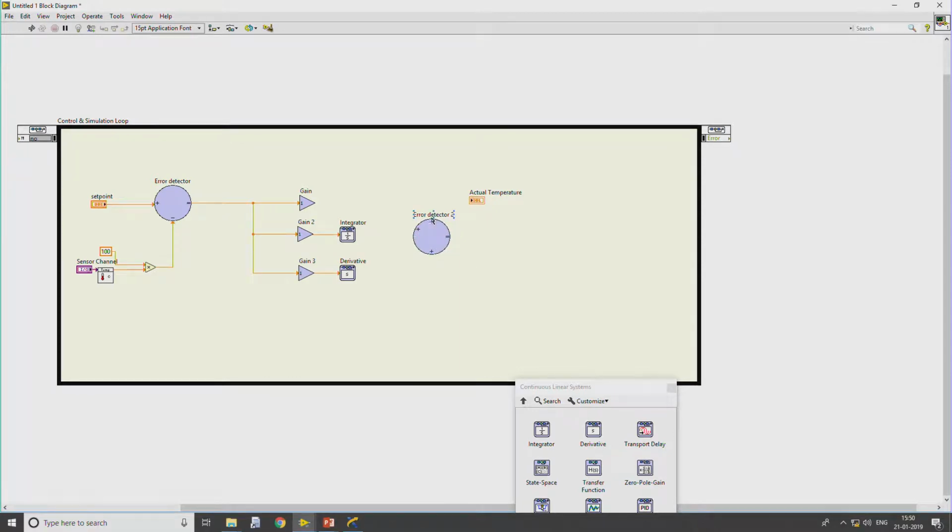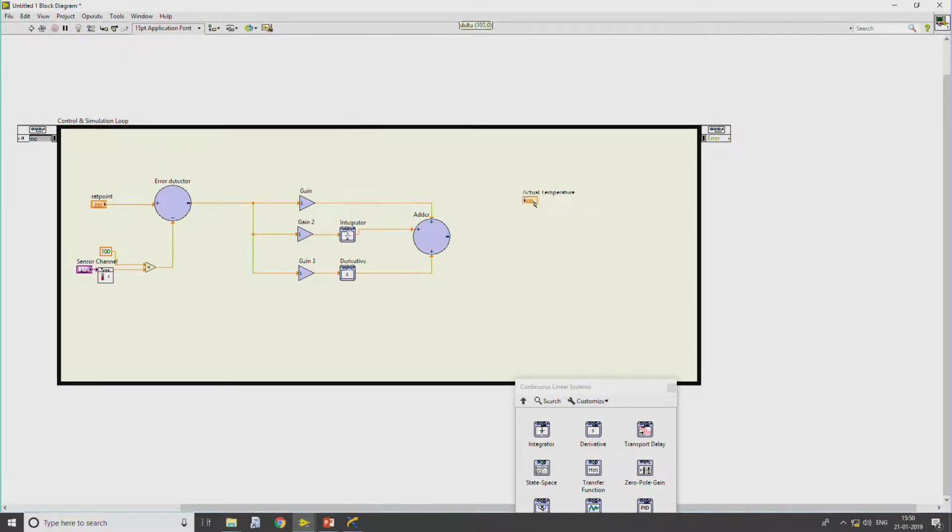So this I say adder, so P is connected here and this should be connected here.